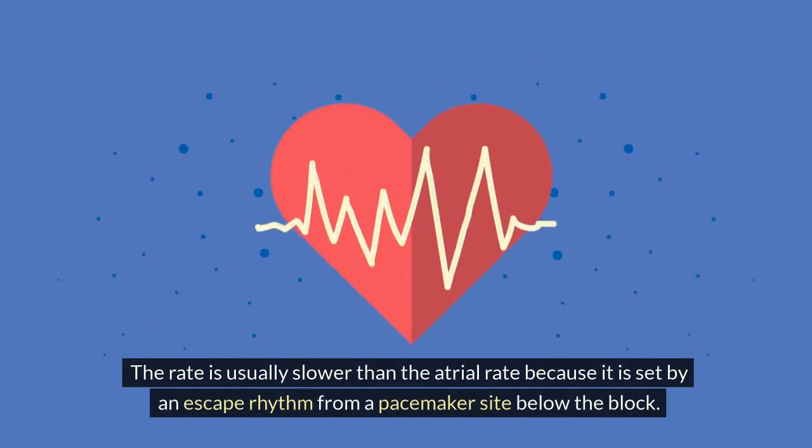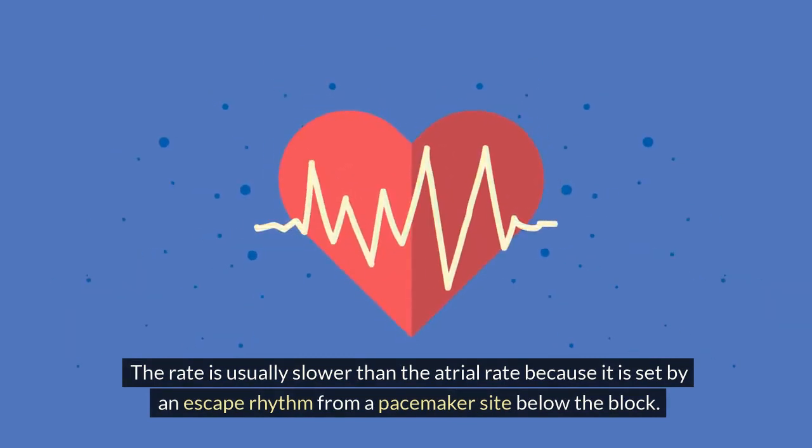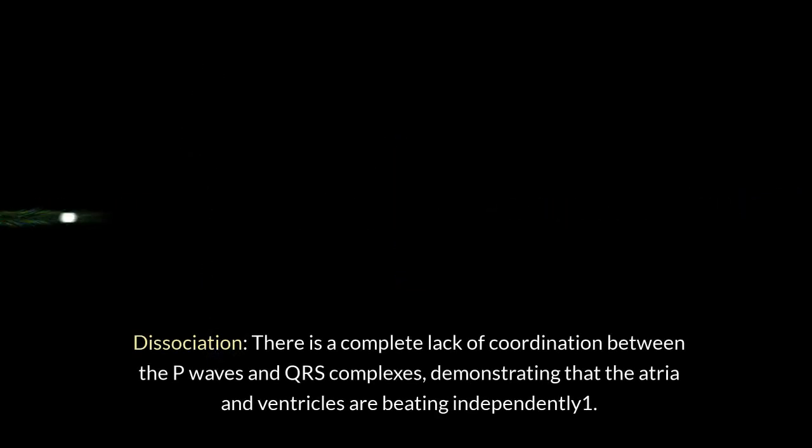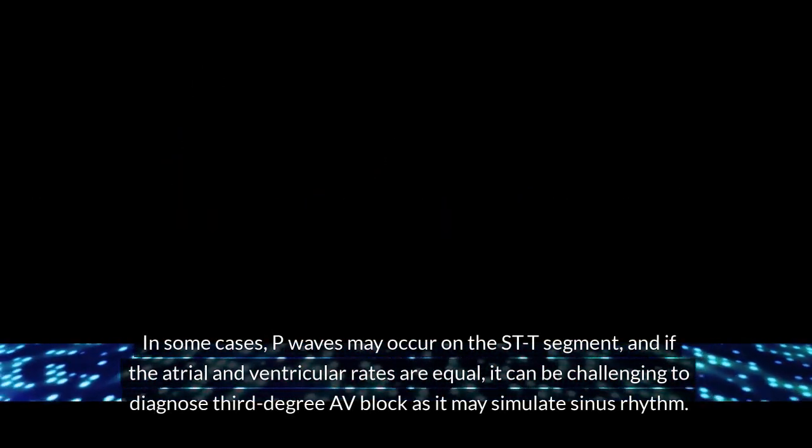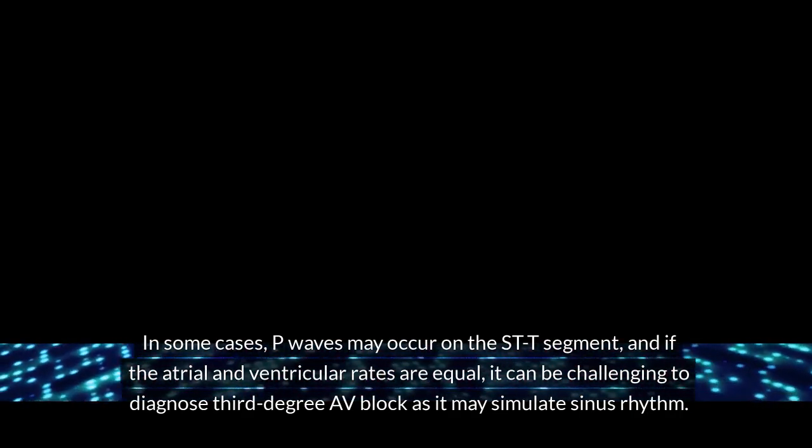The rate is usually slower than the atrial rate because it is set by an escape rhythm from a pacemaker site below the block. Dissociation: there is a complete lack of coordination between the P waves and QRS complexes, demonstrating that the atria and ventricles are beating independently. In some cases, P waves may occur on the ST-T segment, and if the atrial and